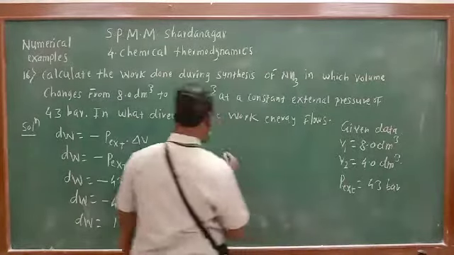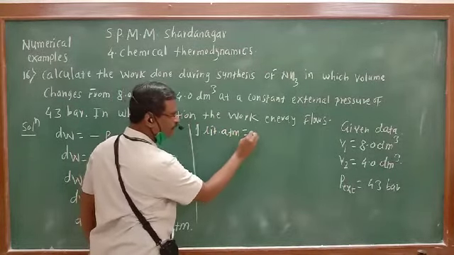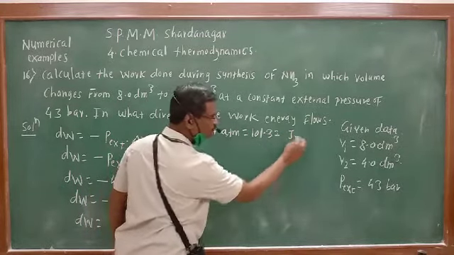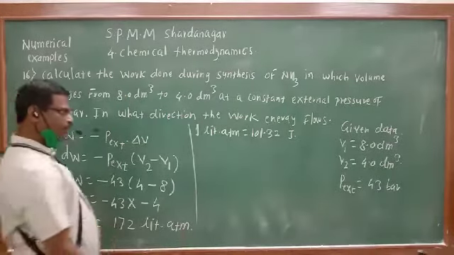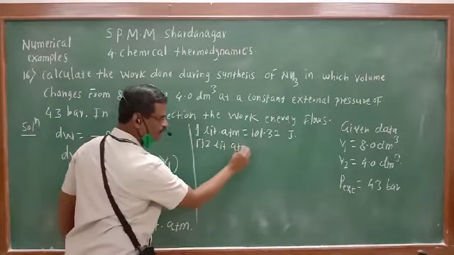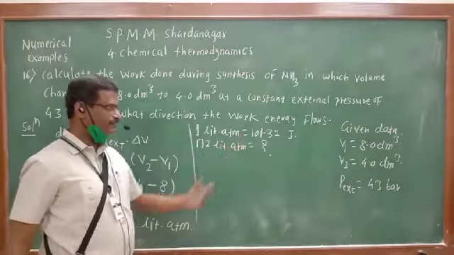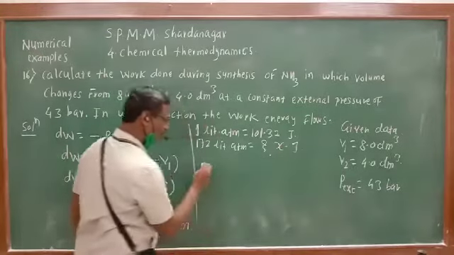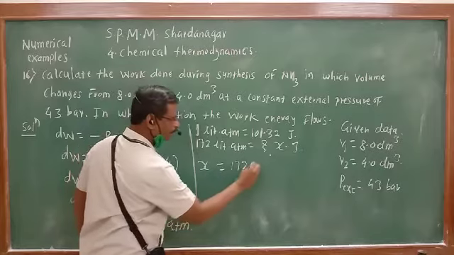For that purpose we know 1 liter atmosphere will be equal to 101.32 joule. Here we have 172 liter atmosphere. 172 liter atmosphere will be equal to how many joules? So multiply it. This work done in joule, x, will be equal to 172 multiplied by